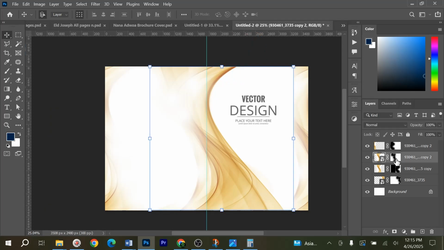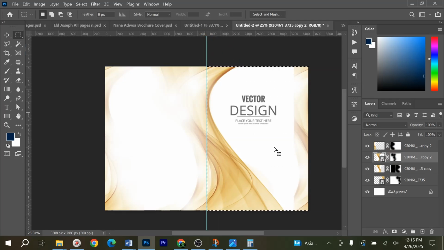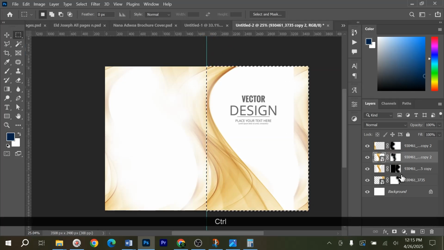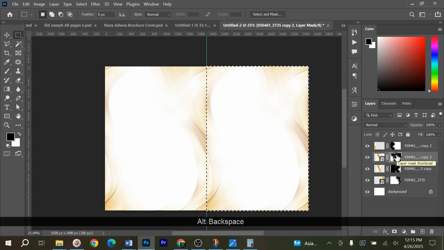But we don't want this side as well, so I think you have to select that side, then hold down the Alt plus the backspace. Okay, select the mask, Alt plus the backspace to delete that. All right,